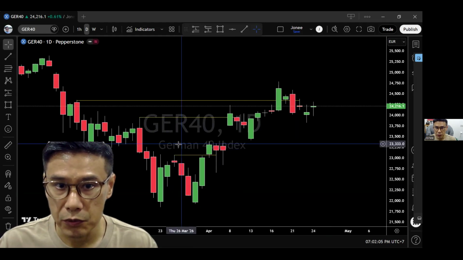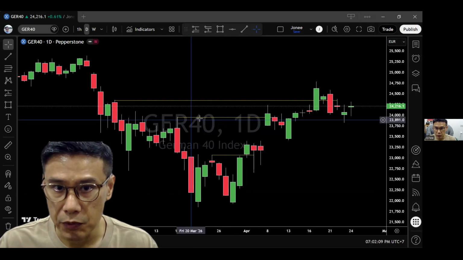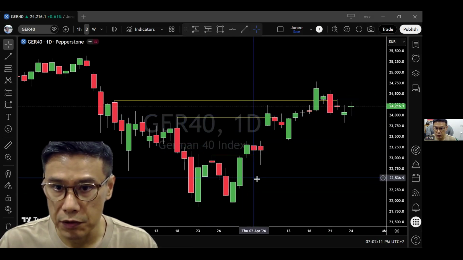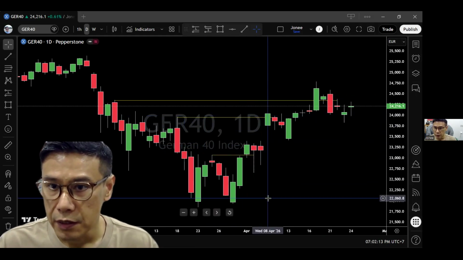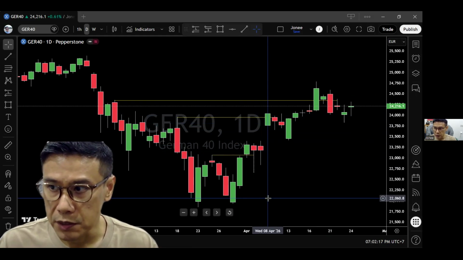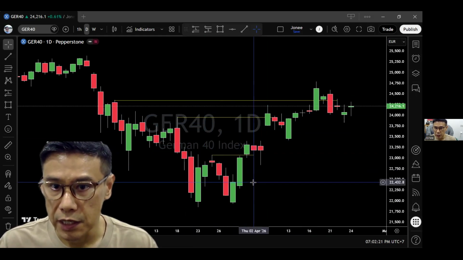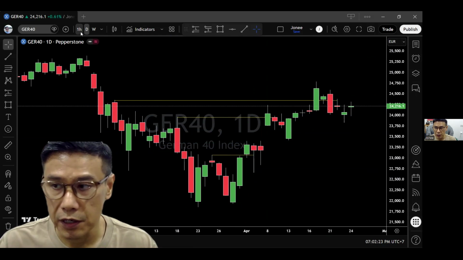Okay, so let me start with this swing high right here at the bottom. Then we'll proceed with the second one and then the third one. And I'll show you how I got there. Okay, so let me break it down into a three-step process. Once you've identified your swing highs in the daily time frame, so you already have your targets,